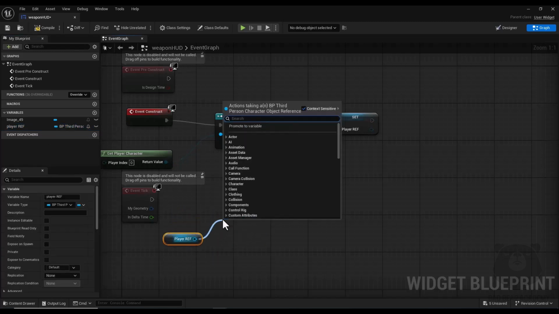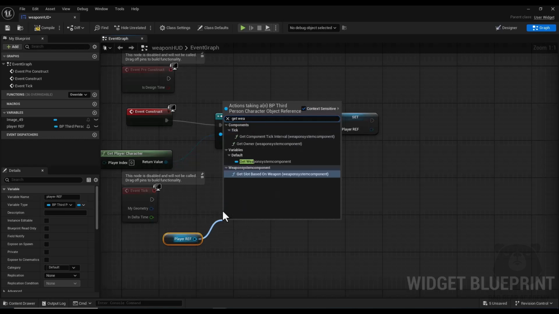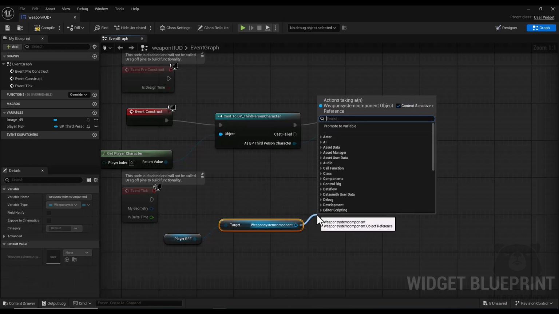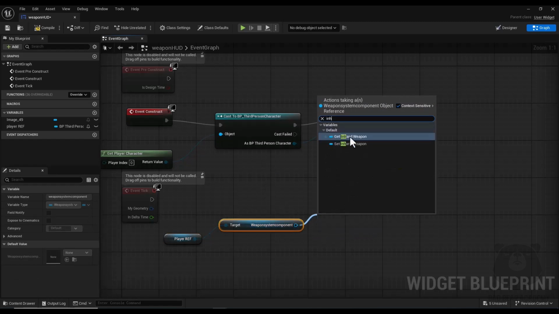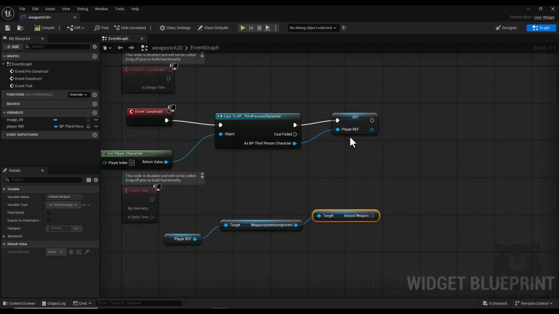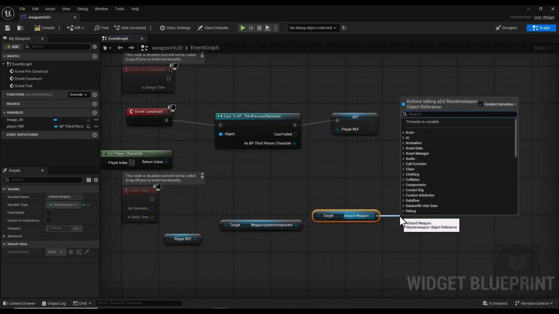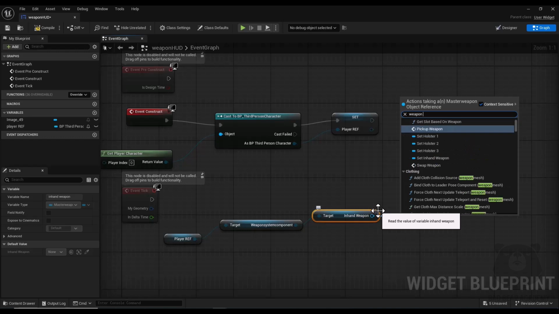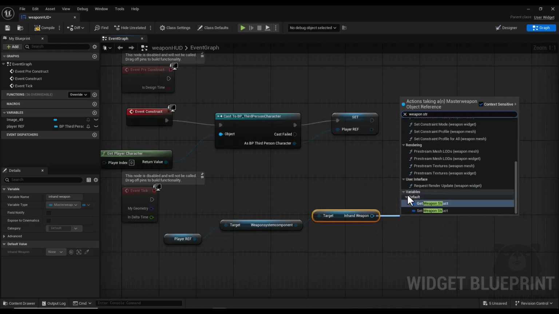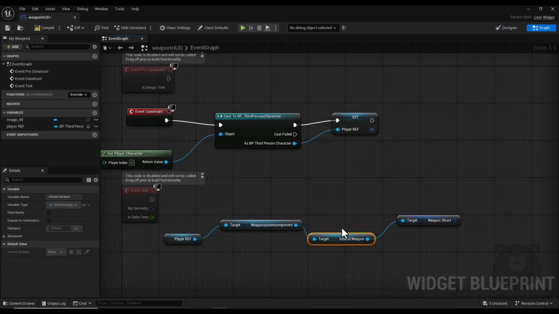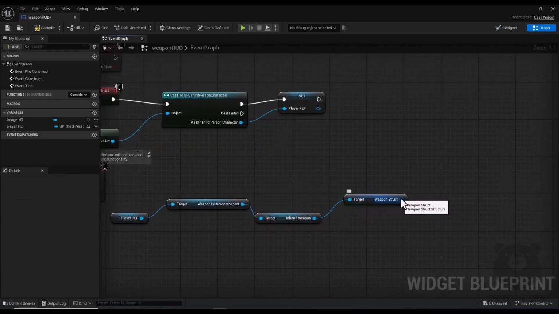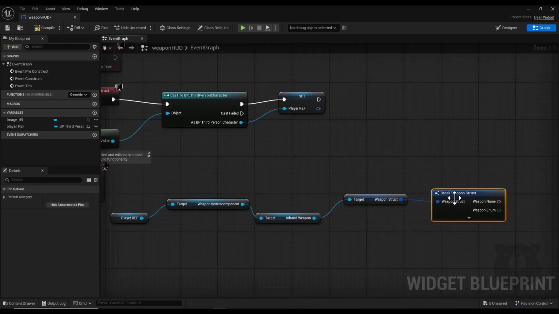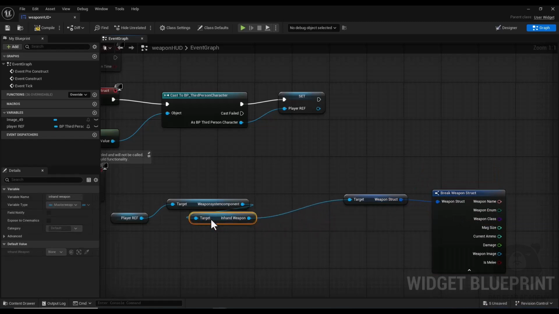and I drag a node and search for get weapon system component, and here I search for in hand weapon, and now I get my weapon structure. Alright, now I drag a node from here and search for break weapon extract, and now I'm going to